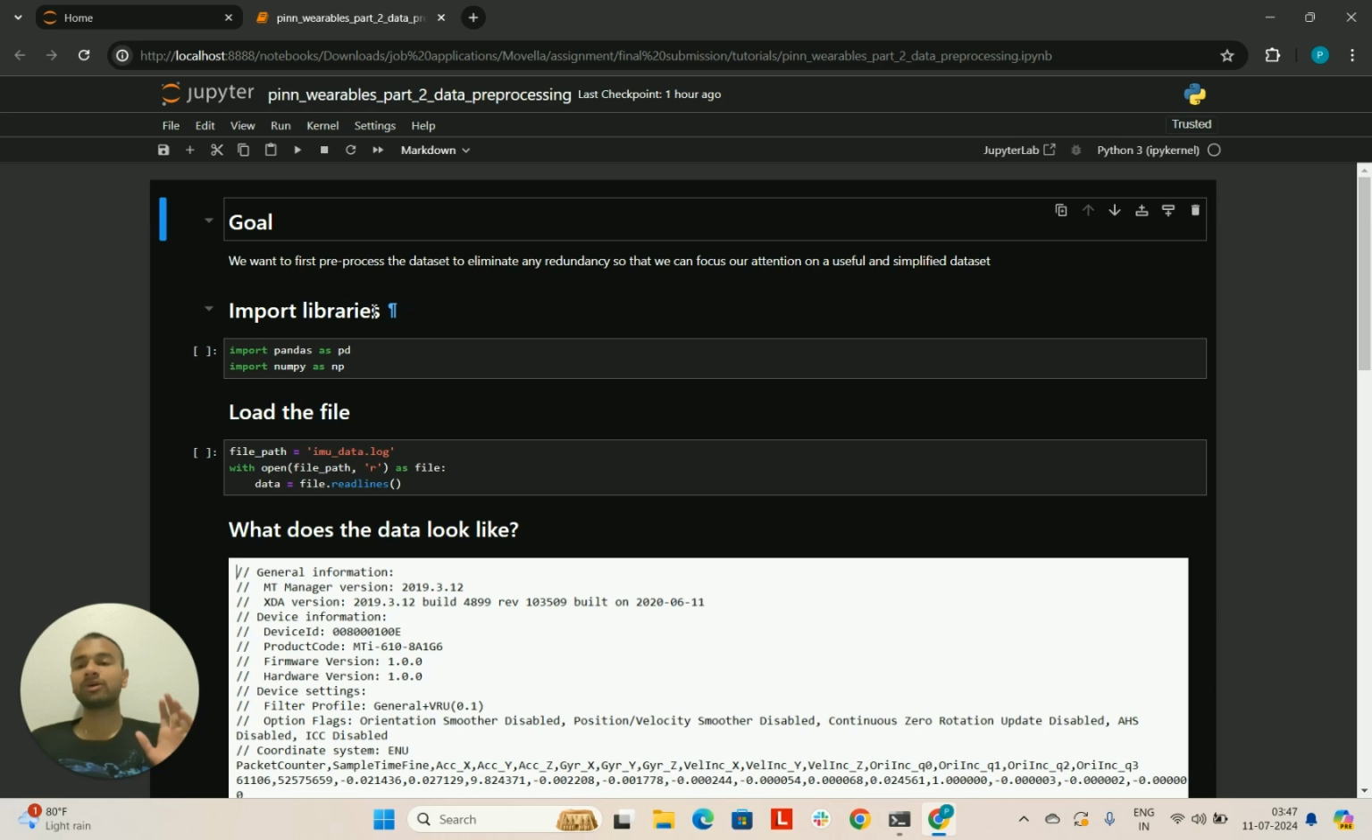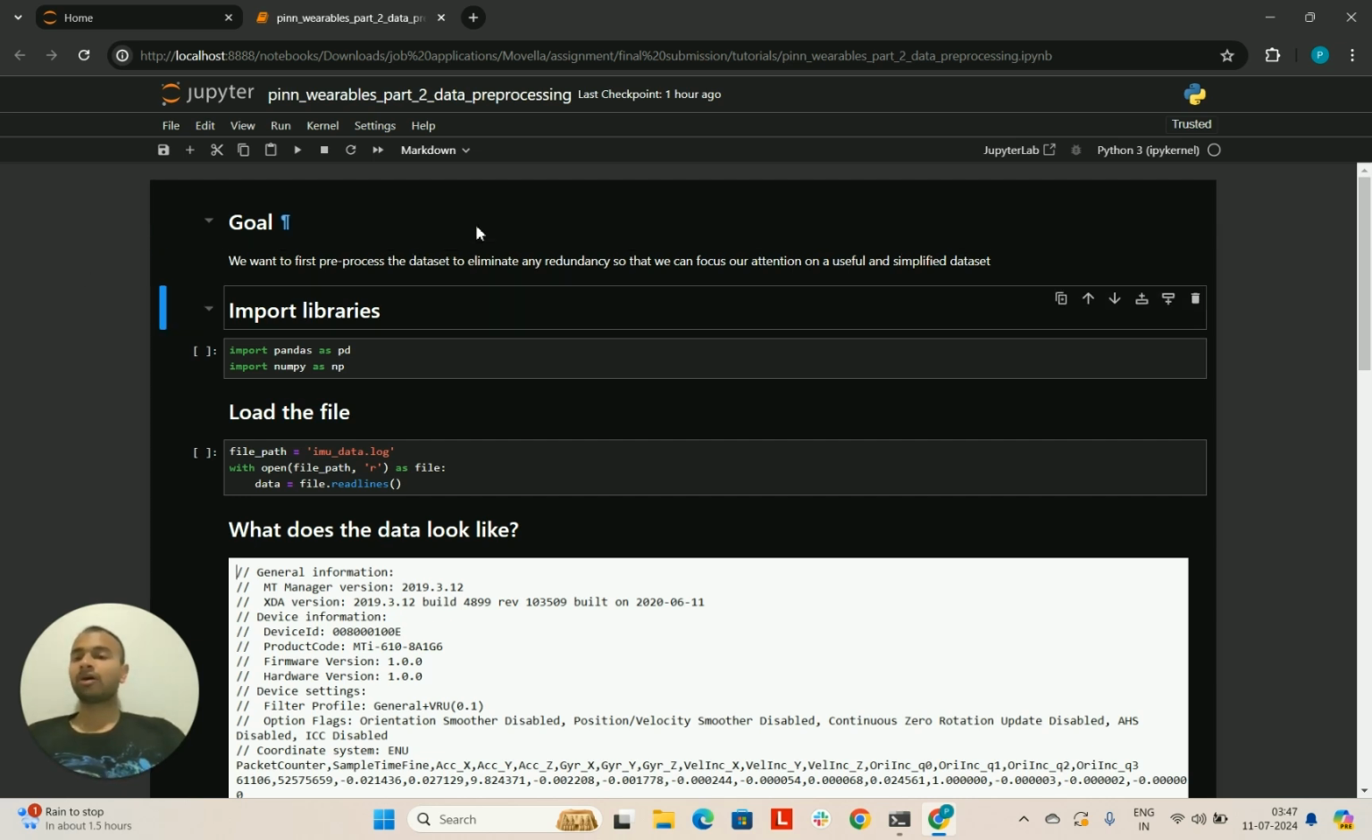So, as I said, the goal for today is we just want to get a feel for this data set, pre-process it, actually focus our attention on the information which is useful and get rid of information which is redundant, and get a sense of how the data is laid out. So that is the goal. Okay. So the first step is always